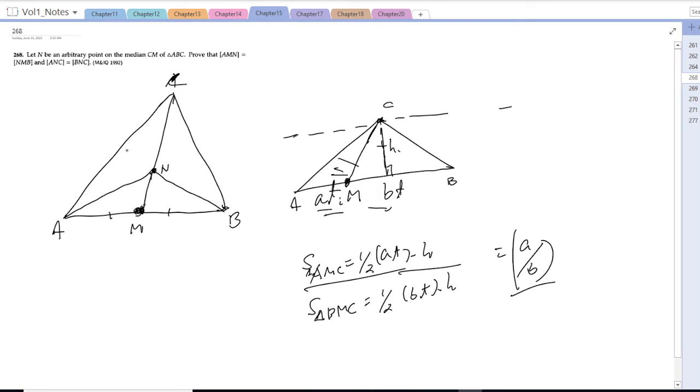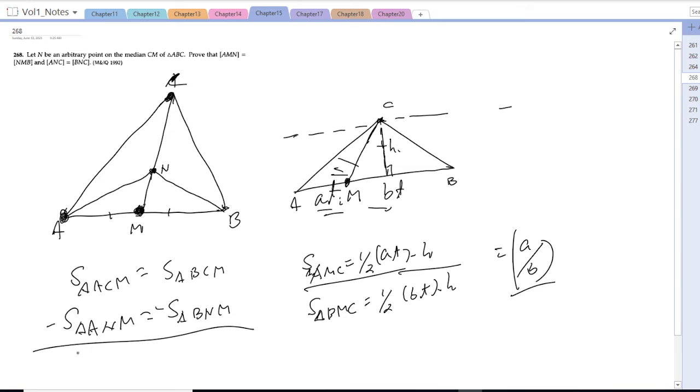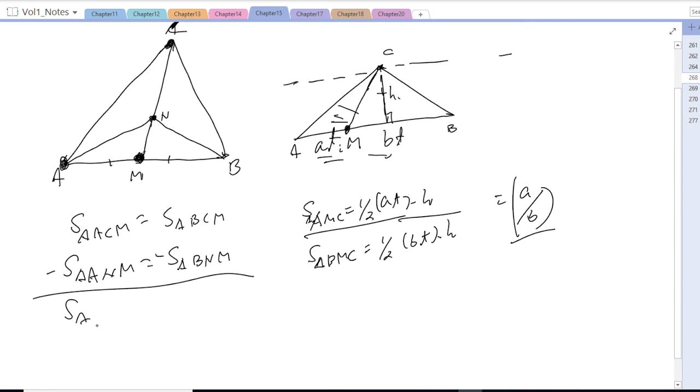The second one is you want to prove that ANC is equal to BNC, okay? There are two ways to see it. You can see the ACM equal altitude model, so the area of ACM is equal to the area of BCM. And also ANM, the ACM is equal to BCM, then the ANM is equal to the BNM. So by subtracting each other, you can see the area of ACN is equal to the triangle